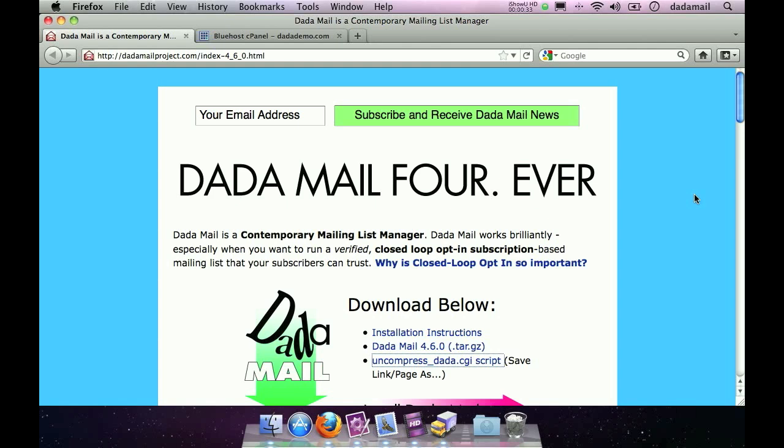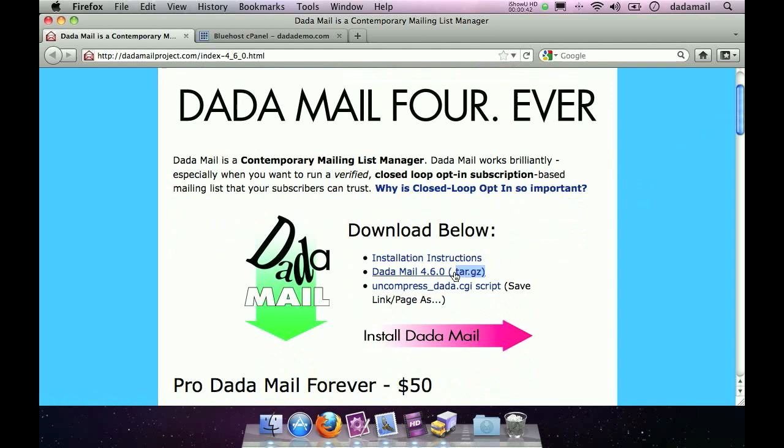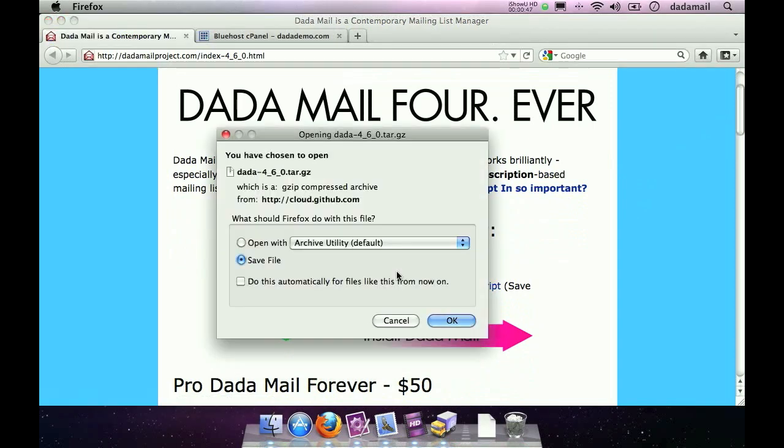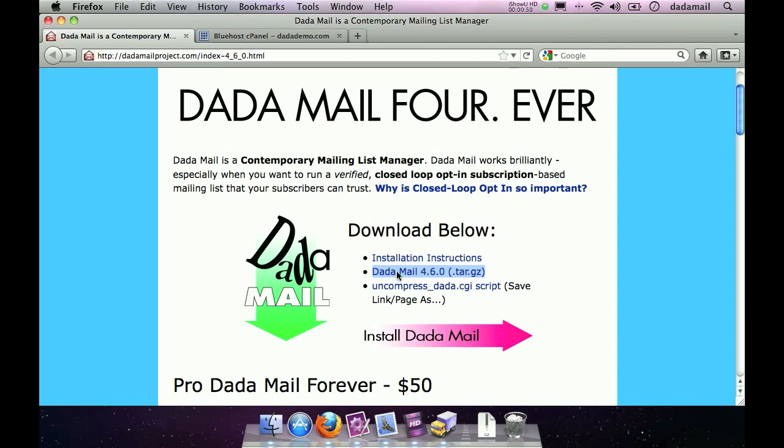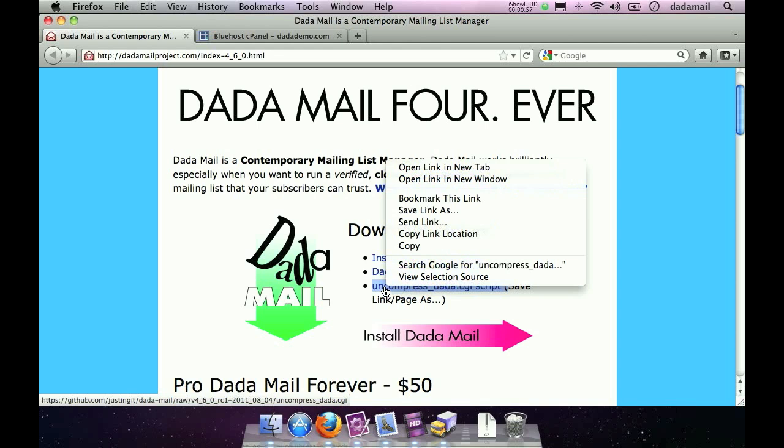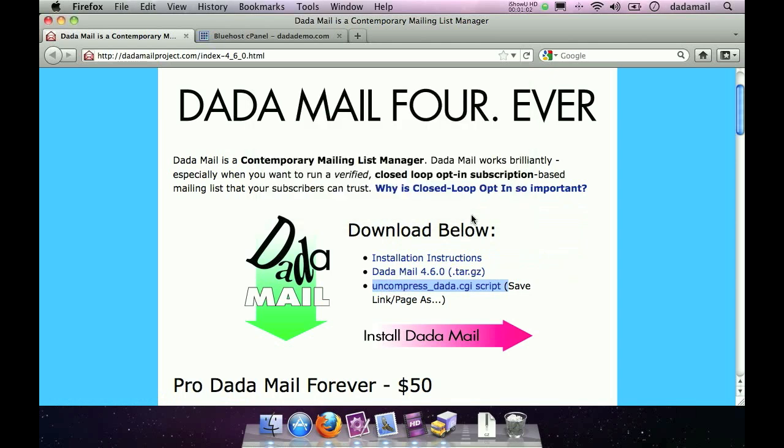So let's get started. The first thing I want you to do is actually download Dada Mail. So go to the Dada Mail support site and find the download section. And here is Dada Mail, the program distribution. So click on that and just download that to your computer. The second thing you want to do is download this helper script called uncompress_data.cgi. For this, I'm going to right-click and select Save Link As, and just save it. Great. Now let's switch gears and go to my hosting account's cPanel